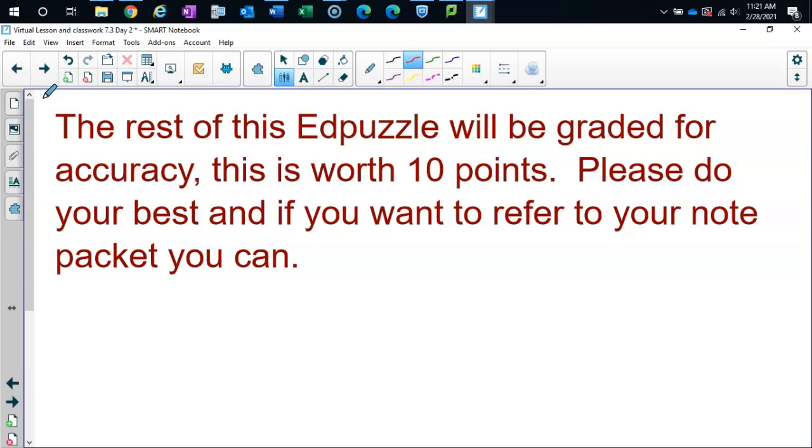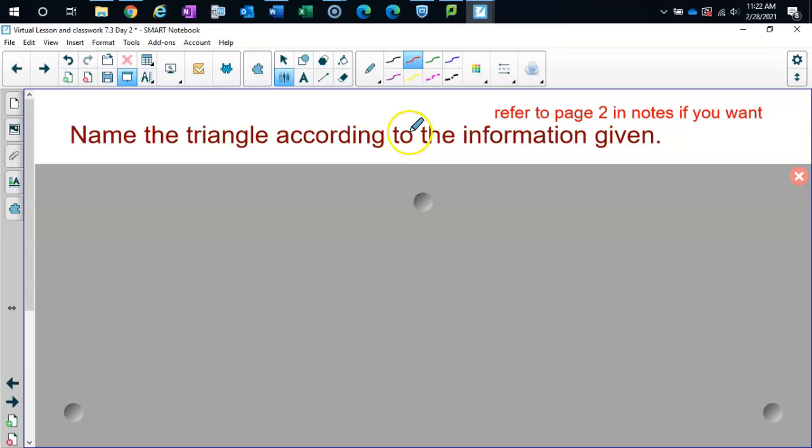All right. Now, the rest of this Ed puzzle will be graded for accuracy. It is worth 10 points, so I'm going to give you a score out of 10. Please do your best, and if you want to refer to your note packet, you can. All right. If you want to look in your notes, page 2 is where you will find what you need for this